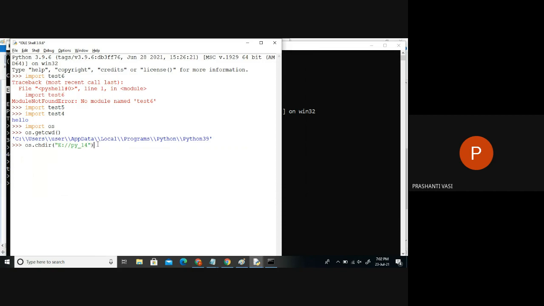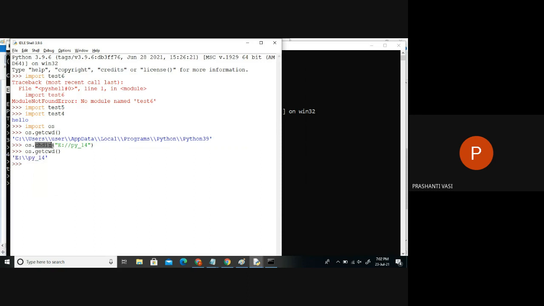So like this and just press enter. Now if you want to check again, I want to just find out the current working directory. Where is my current directory opened as? Previously when I opened, I saw it was in C drive. Now which drive is it in? E drive. So there's only one thing to change the directory: we have a function to do change directory.